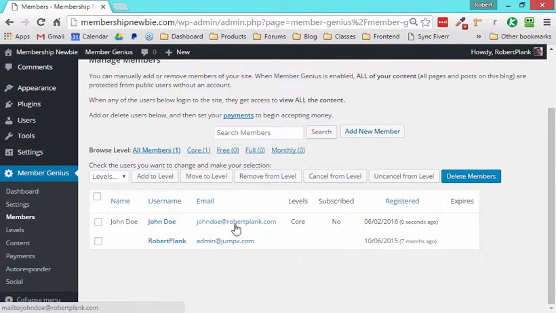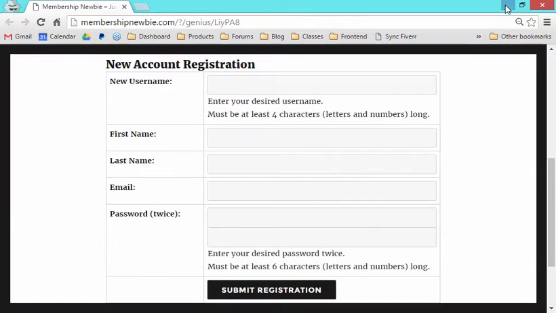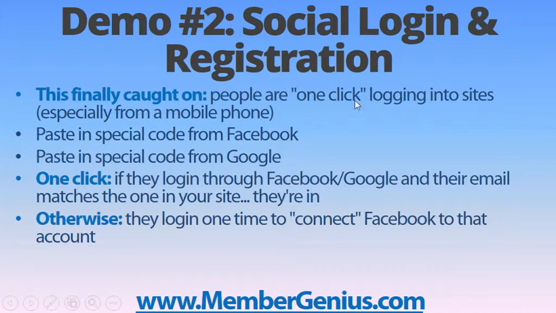So there's an email address here. And if someone goes to log into your site using Facebook, if this matches up to Facebook, it says, great, you have access. Now, I realize that you might not have the same exact address, like we all have multiple email addresses. So in that case, if we don't find you in the system, then it just says for the very first time, connect your Facebook account to this membership site account. So just that one time, and then next time it knows who you are,